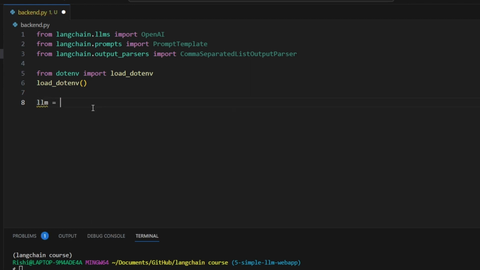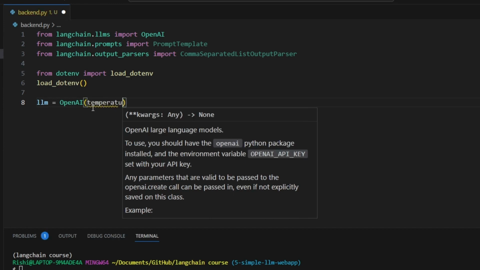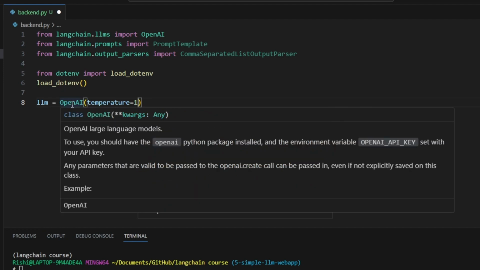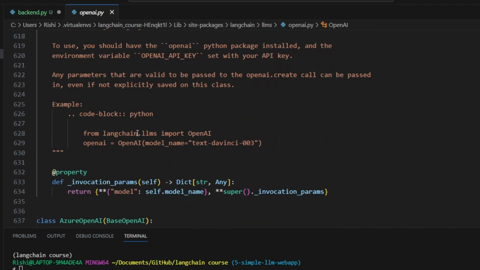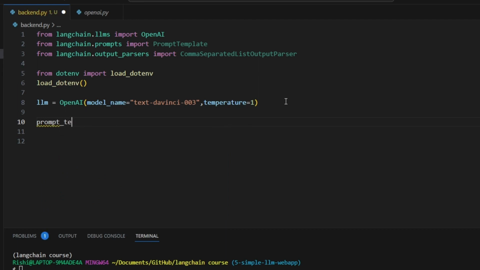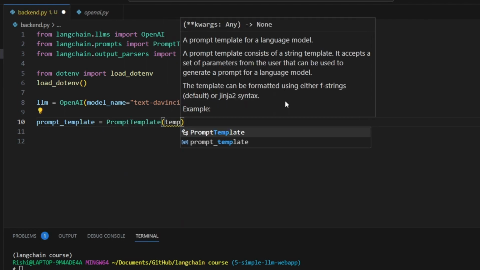Now let's instantiate this OpenAI LLM. Temperature I will pass as 1, and model name it will automatically take DaVinci 3, or let's put that here. So model name is DaVinci 3. Now we need prompt template equals PromptTemplate, and